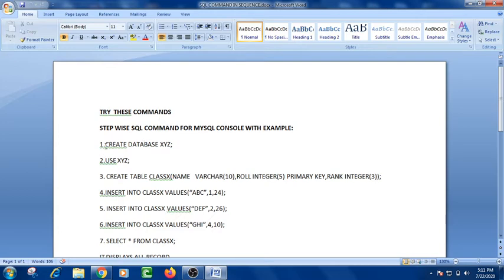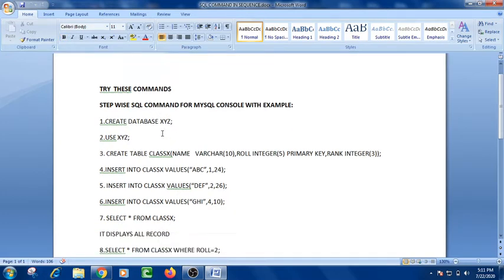First, I am giving you an overview of the way to create a table in SQL. For this I have written certain commands in a serial way so that you can understand. Whenever we open the SQL command or MySQL console, the first thing we have to do is create a database with a name.